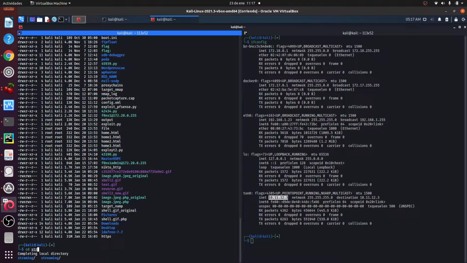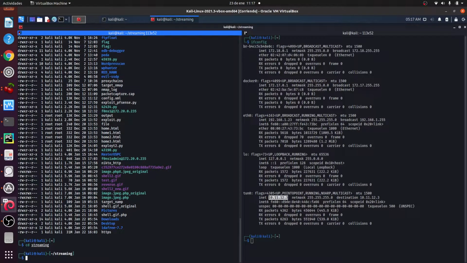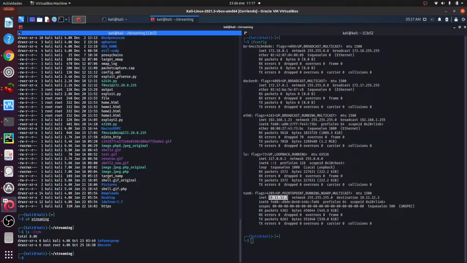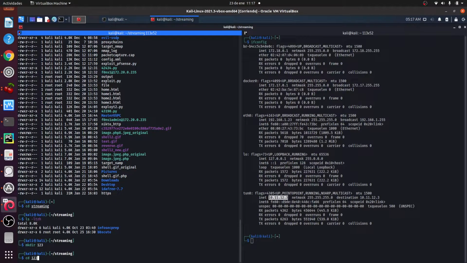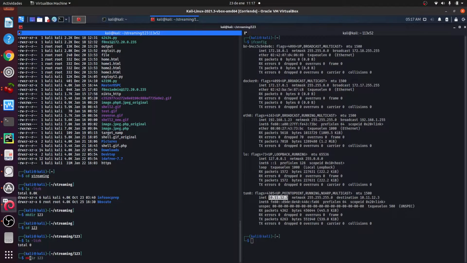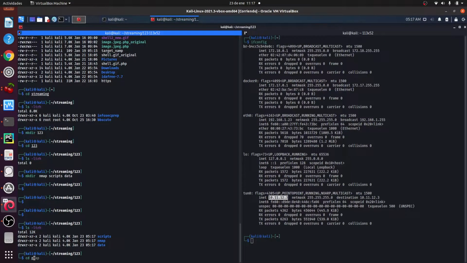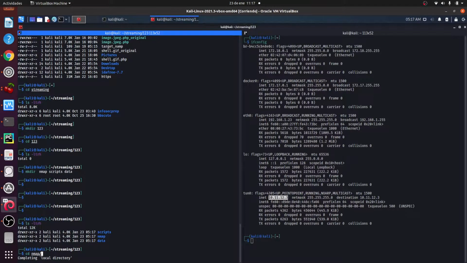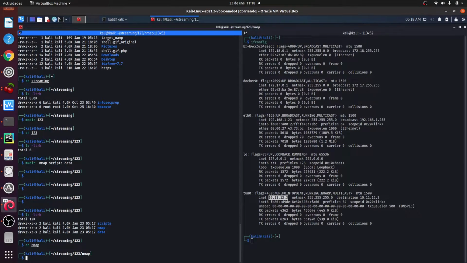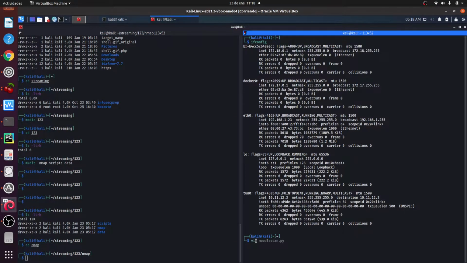Streaming. Here, for example, is Kali 123 CD 123. Nmap scripts data. We don't need exploits. Yeah, this is all that we know for this machine, and nmap, we are inside. Okay, so we need